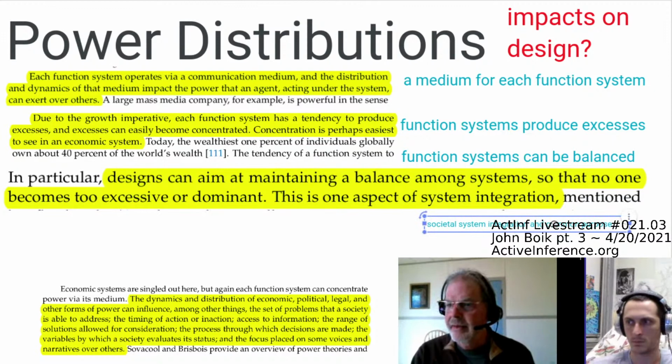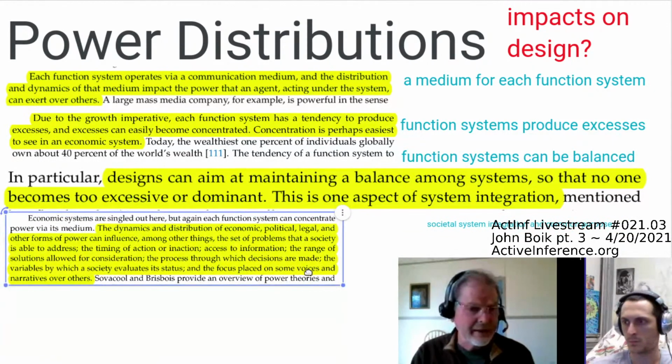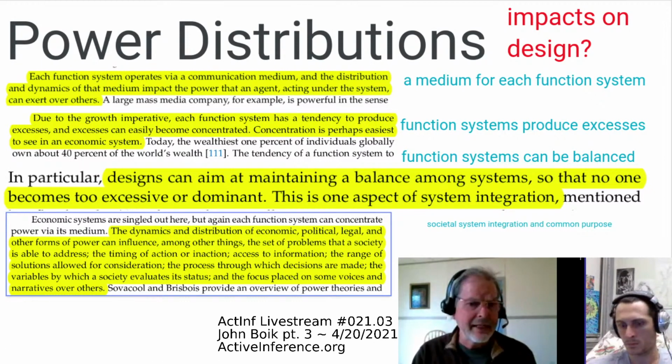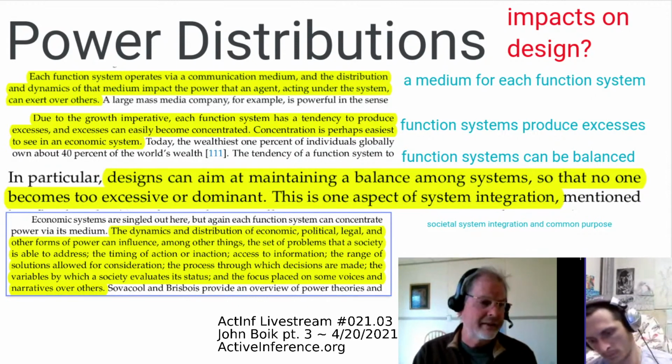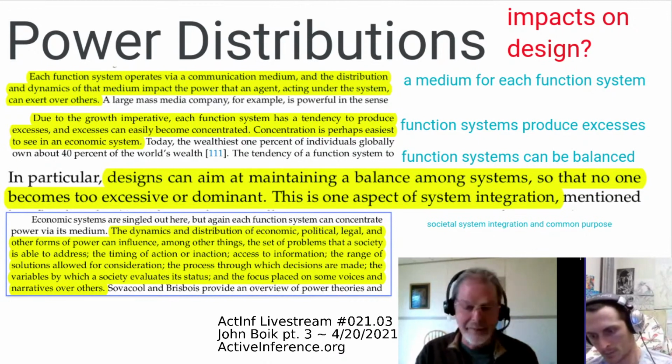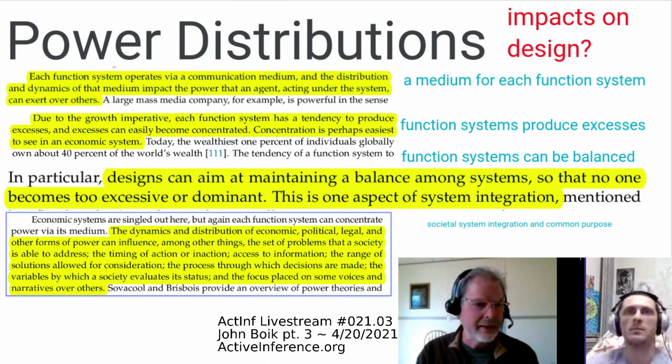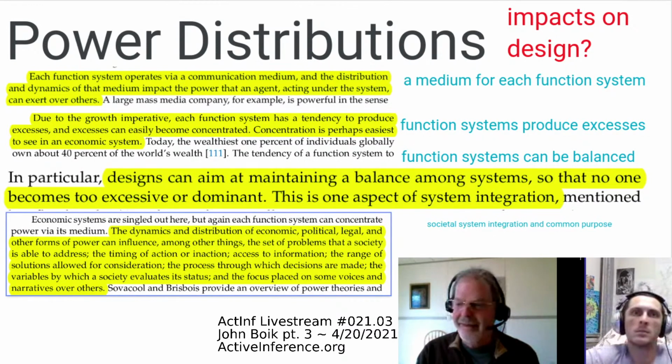So some authors that I cite suggest that each functional system, if left unchecked, tends to have a growth imperative. And we certainly see that in the economic system. It's like everything is now suddenly, my couch in my living room is now worth money because I can sell it to someone who wants to visit my hometown for a weekend, right? So everything is commoditized now, or many things are commoditized that used to be more freely shared in the course of life with people who had needs. So I sell my time, I sell my resources, I sell my ideas, and the financial system seems to have overtaken many